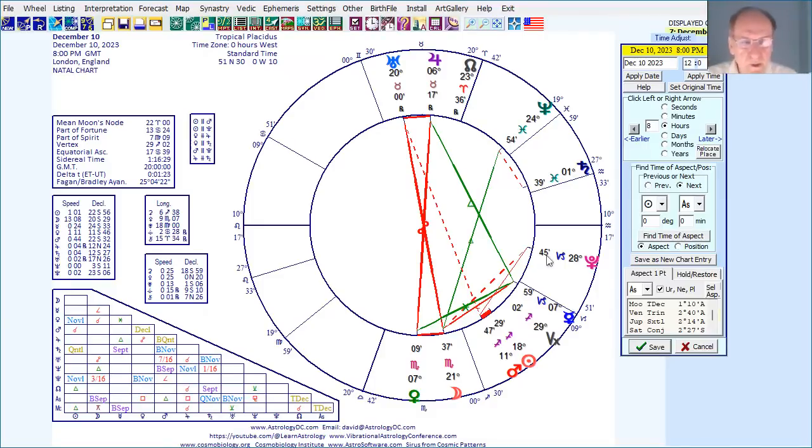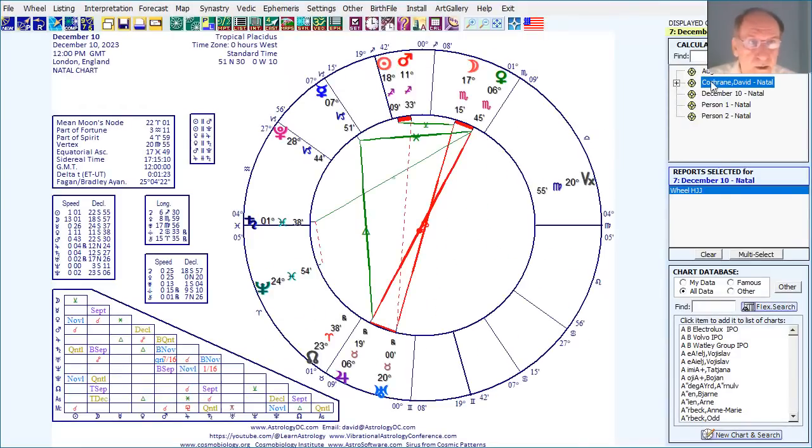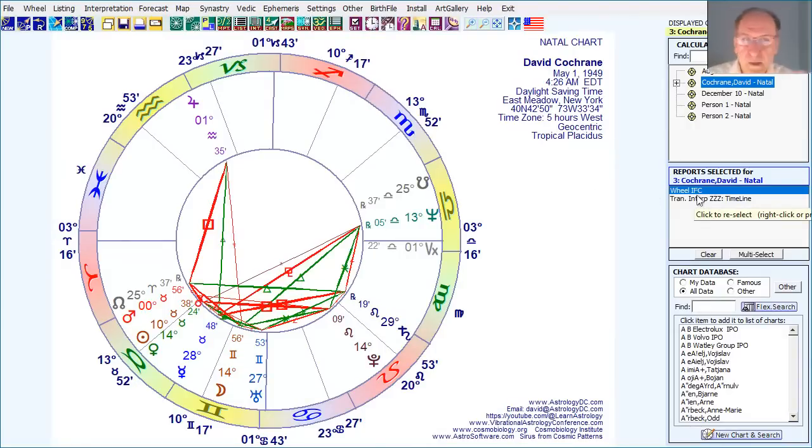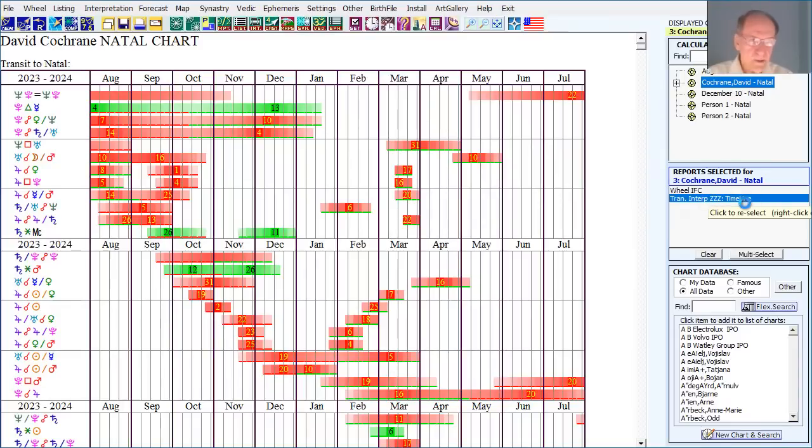28 Capricorn 45, because Pluto was going retrograde, crossed 28 Capricorn 45, turned direct, and crossed it again. Now, the timeline is saying, let me go back to it. It's so fast to go back to things. Just click on the chart, the person you're interested in, click on the report, the timeline, and you're back. And it's the Venus-Neptune midpoint. So that means my Venus-Neptune midpoint must be 28 Cancer 45, maybe 44. Something like that, because Pluto is in opposition.